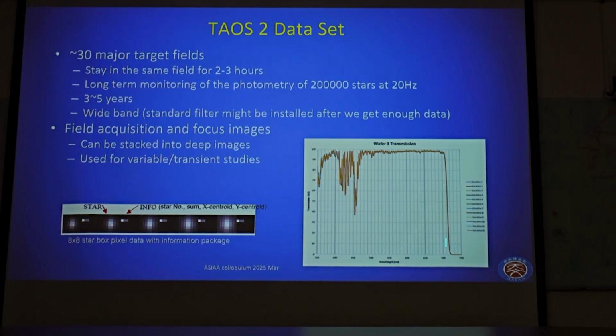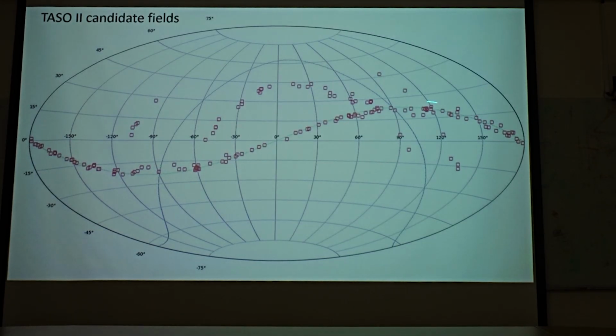And we use a wideband filter from 350 to 720 nanometers so that we can get more light to go to a deeper sensitivity. We will also have field acquisition and focus images. These can be stacked into deep images as time goes by, and probably can also be used for variable and transient studies. So these are the candidate fields, and we have generated a catalog of all the stars